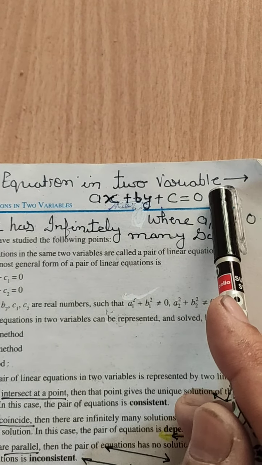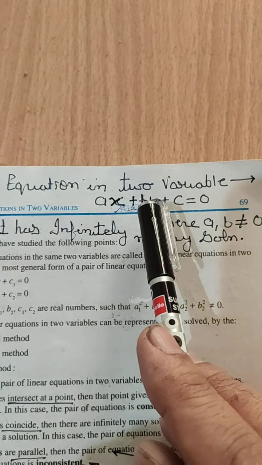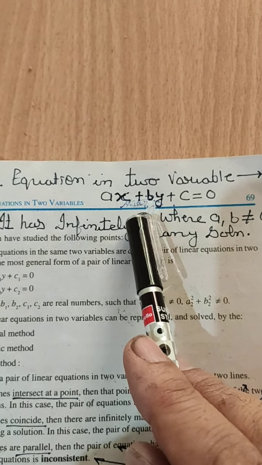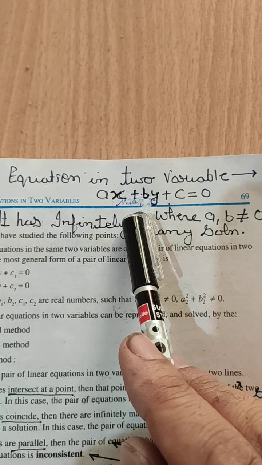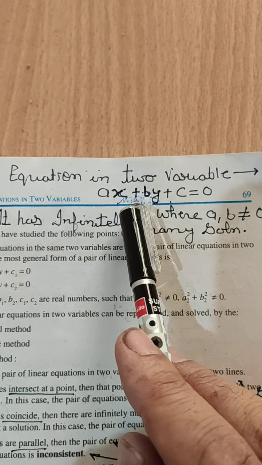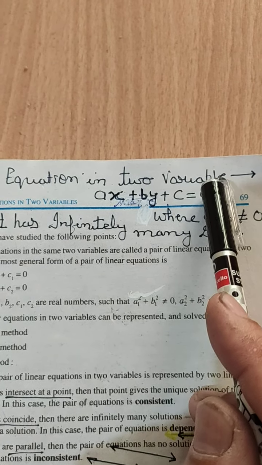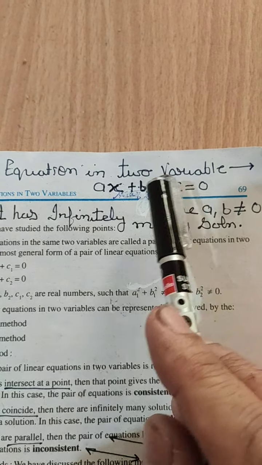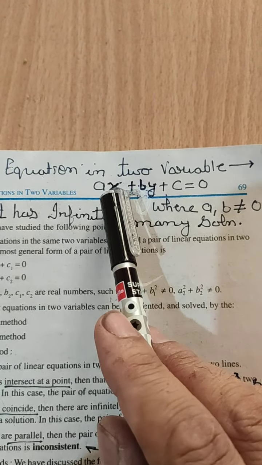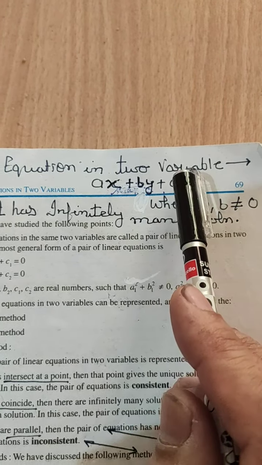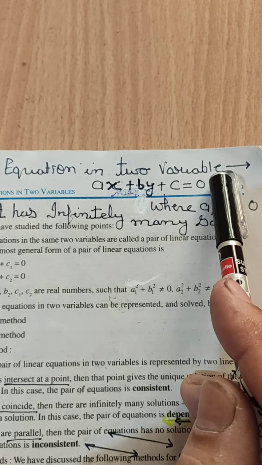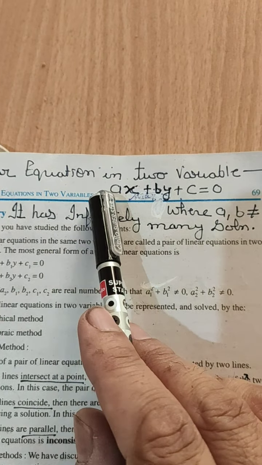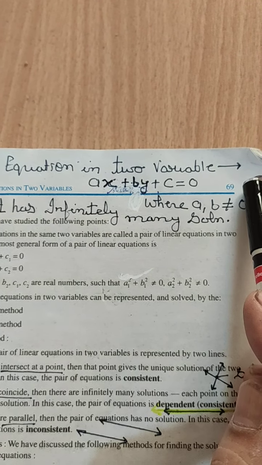In two variable, two unknown things are there. When we were forming equations in 9th class, you formed word problems into an algebraic situation. At that time you were assuming two variables. So the two unknown things in the problem we are assuming by variables. Here x and y, two unknown quantities, are known as variables. That's why this form of an equation is known as linear equation in two variable.